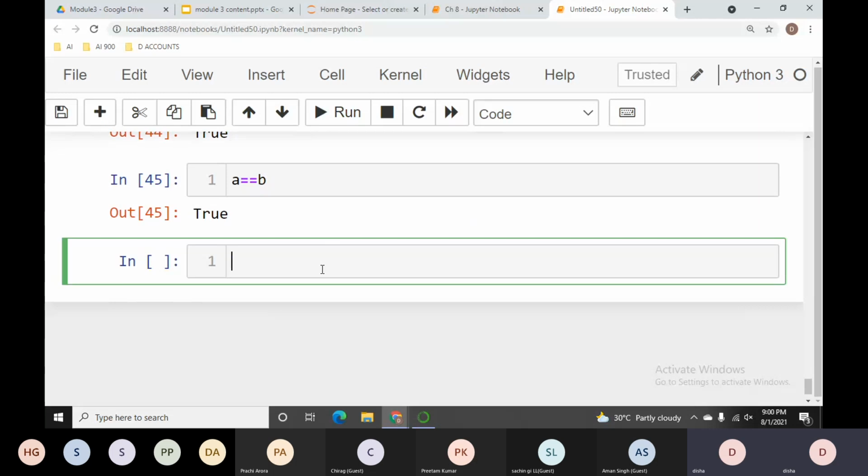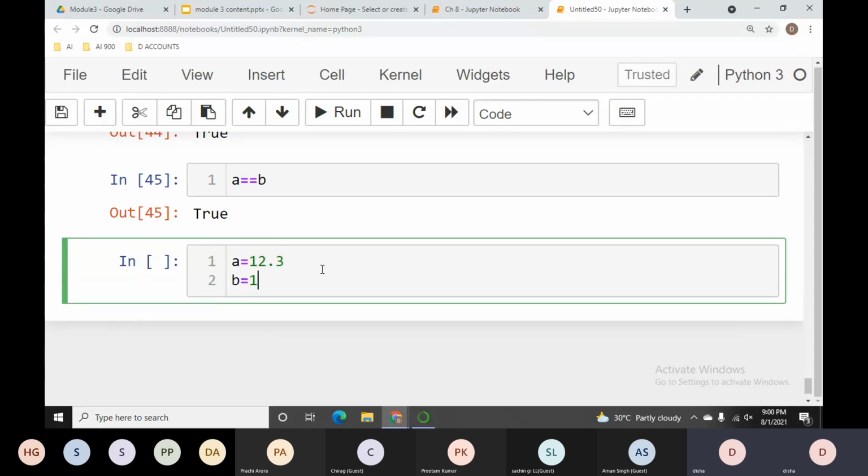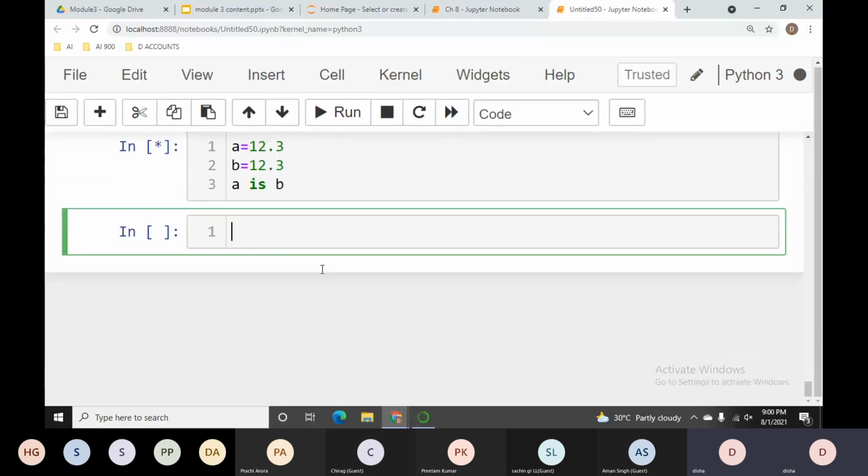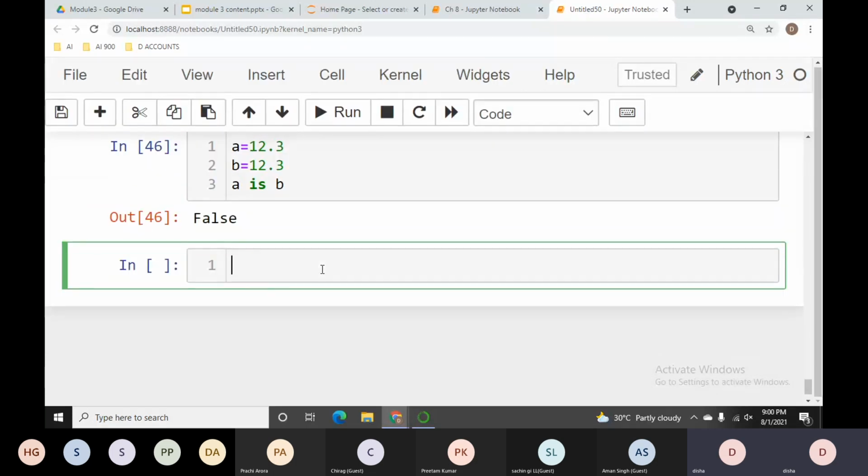Now let us talk about float numbers. I said A is 12.3 and B is also 12.3. Let us check A is B. Is it? No, this is not. Why?